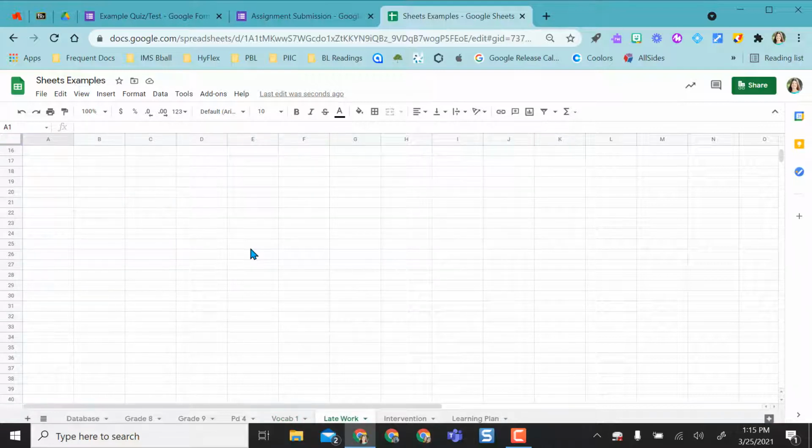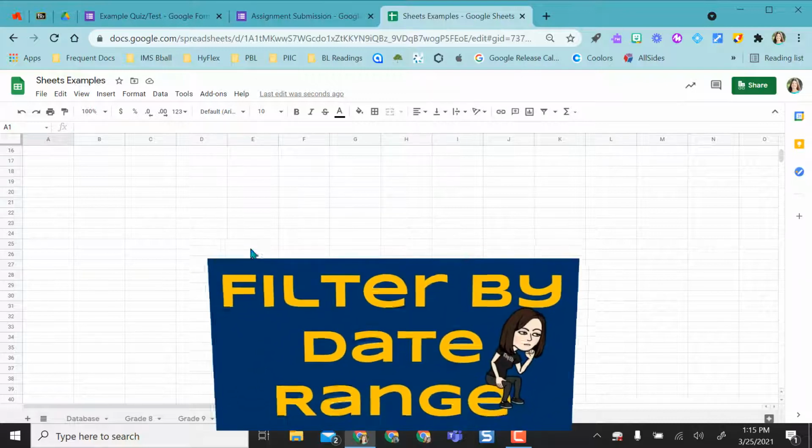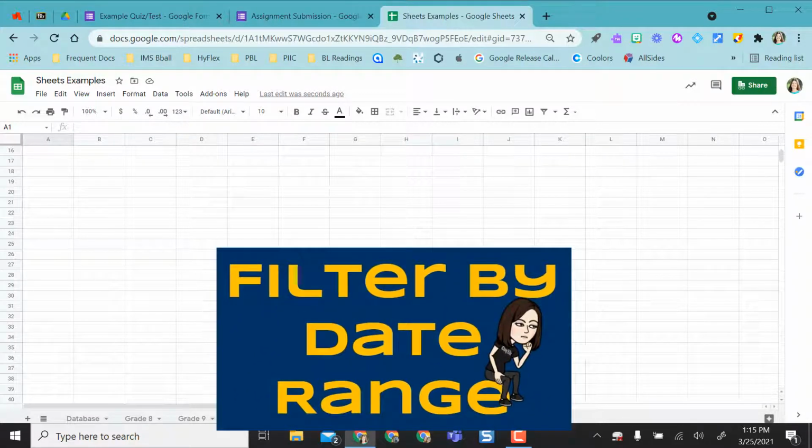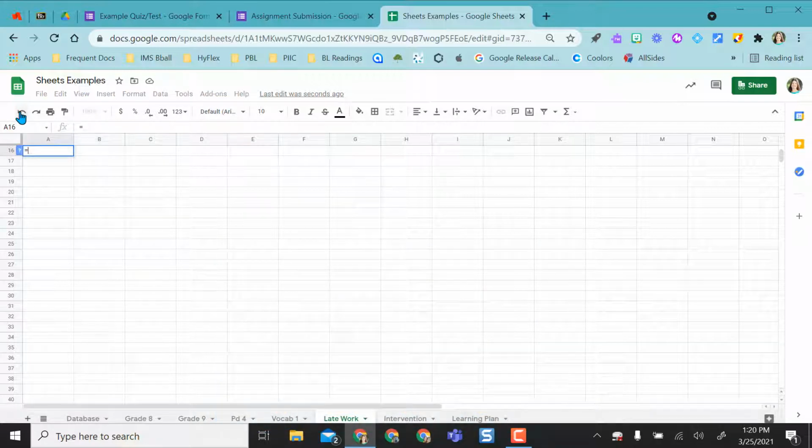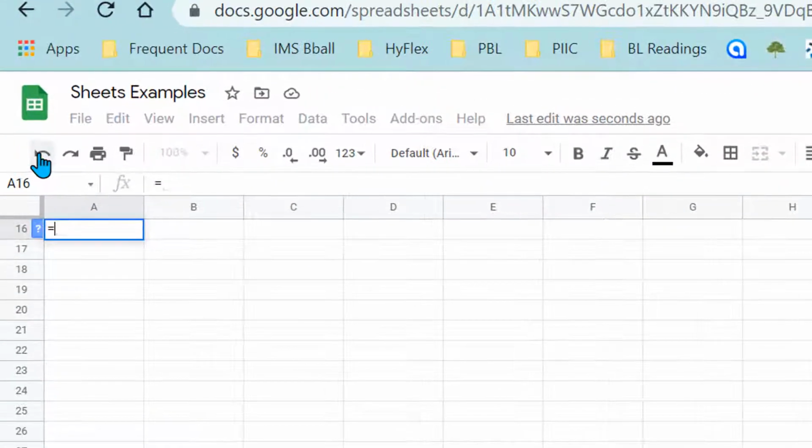Now here's one I really like, the late work spreadsheet, because I get teachers who ask me all the time, I don't really want to go back in and keep looking to see that somebody submitted an assignment late or somebody submitted their quiz or test after the due date. So maybe you have one spreadsheet that is for late work. In order to view these by date so I can check in on my late work submissions, I'm going to do the equals query and then database and then my A through J,